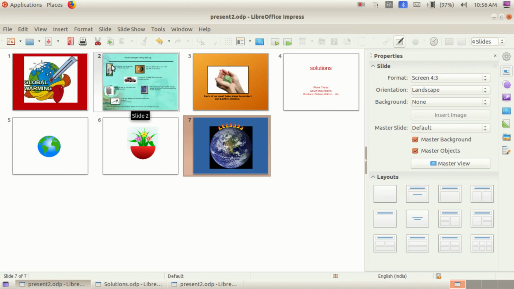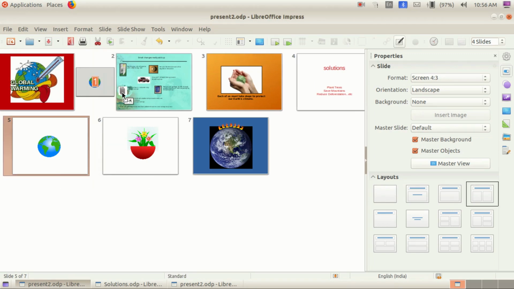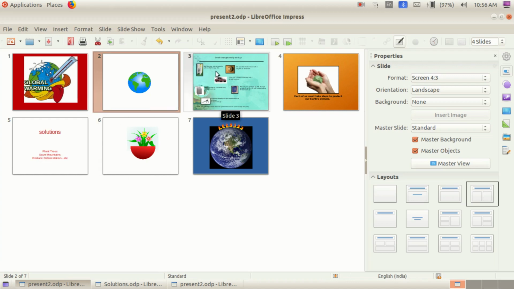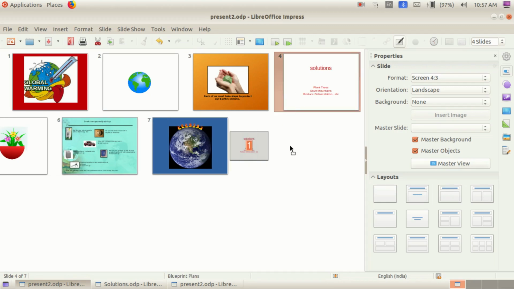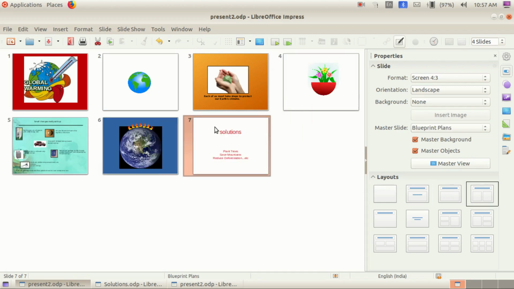Do you see now? If you want this as the second slide, this way you can simply change the positions. Is it clear? Solutions will be the last one. Like this way you can change the position simply. That is the meaning of sorting, ascending or descending order.